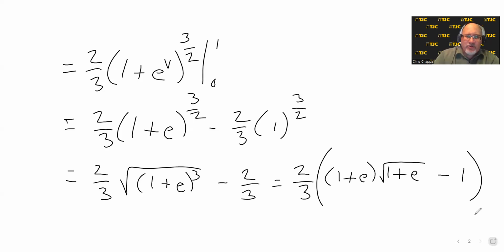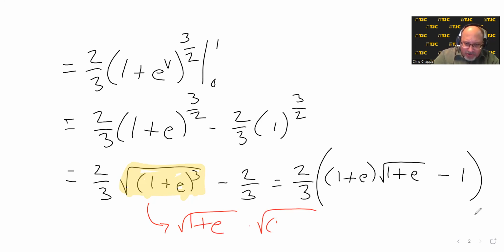Now, my personal preference is I think it's perfectly acceptable to leave this the way it is. There's some school of thought that says, well, if your power, 3, is larger than the index of your radical, square root, the index is 2, then that can be simplified because you can square root some of it, but not all of it. Specifically, they're talking about things like, well, we could split this off into the square root of 1 plus e times the square root of 1 plus e squared. And then the square root of 1 plus e squared becomes that, and then the other square root just gets